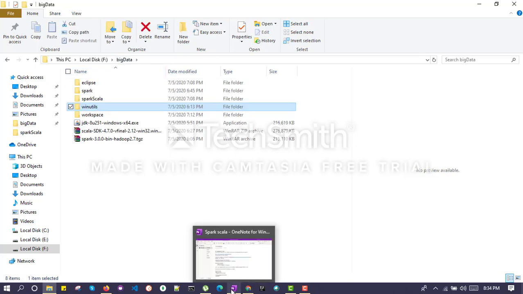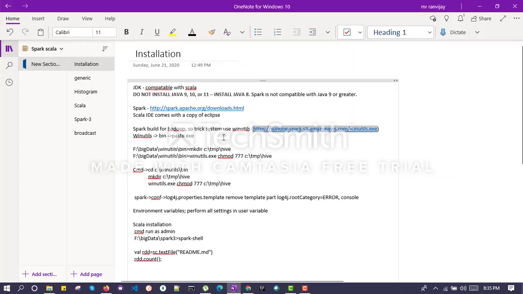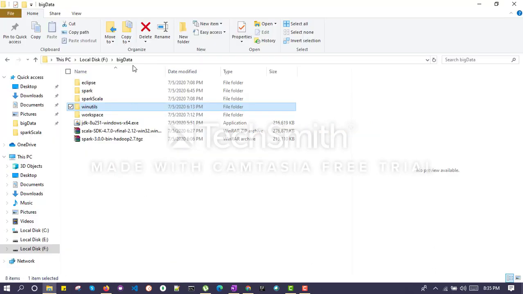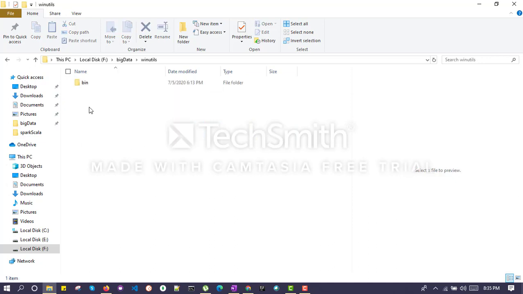After coming out from here, we need to do a few configurations. So open the folder where we have placed our WinUtils files.